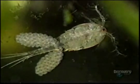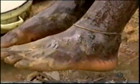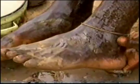Crustacean that grows in fresh water that serves as the intermediate host for the disease. And when humans ingest water that has an infected cyclops, which is the name of the intermediate host, they will acquire this disease. It's a worm that's about twice the length of a yardstick in some cases. It lives in your subcutaneous tissues, and it seeks out the lowest part of your body, and there, the head